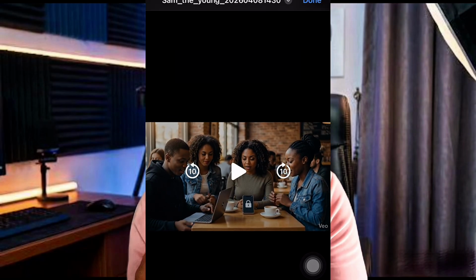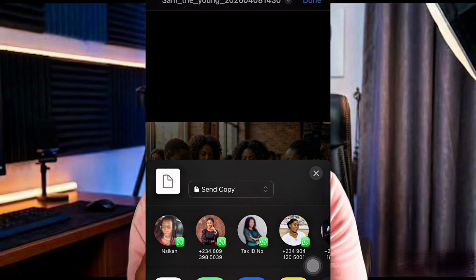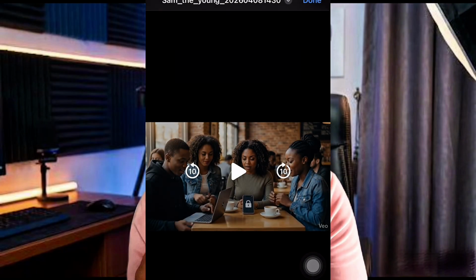So you can go ahead and save this to your gallery. Save the video to your gallery, and that's just how it works. So you go ahead and generate as many videos as you can. Currently, I can say that Google Flow provides the best free AI tool that you can use